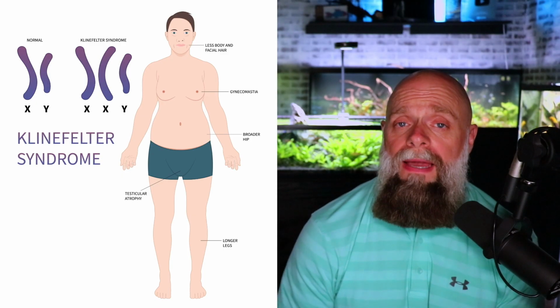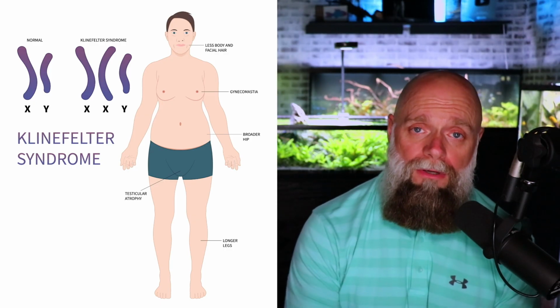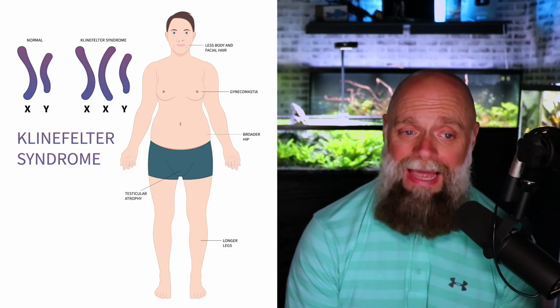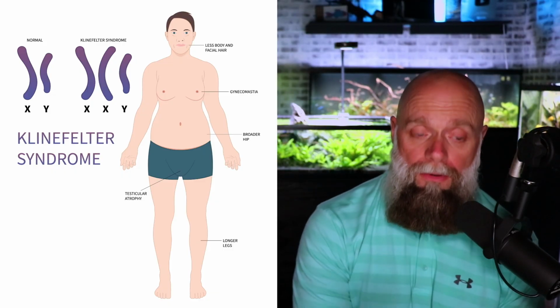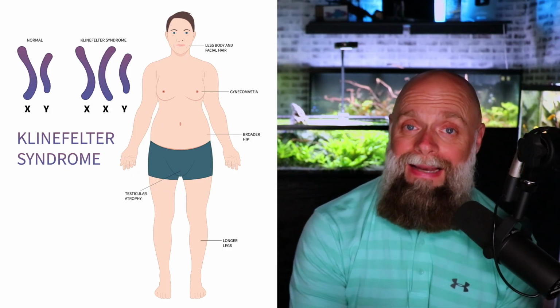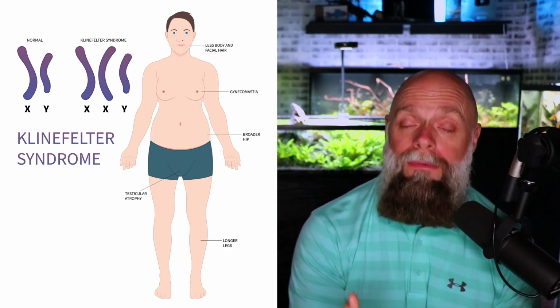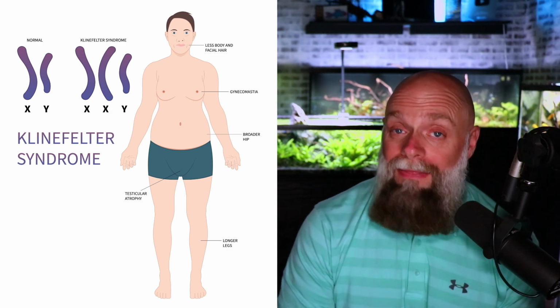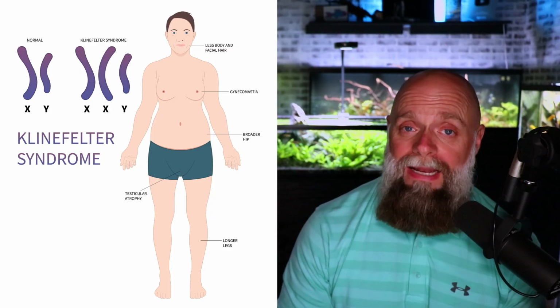Now, this can also happen in the X and Y chromosomes as well, where you get a non-disjunction. And so Klinefelter syndrome is an example of that, where normally you would have either XX or XY. In Klinefelter, you have, again, a non-disjunction that results in two X chromosomes plus a Y. And you can see that there is a whole set of phenotypic changes that happen as a